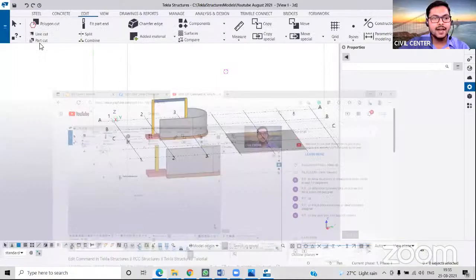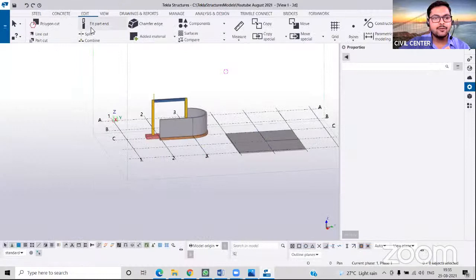In this session I have covered the line cut, part cut, fit part end, split, combine, and measure tools. So these are the six tools that we have covered in this session. But I was wishing to cover the copy and the move also,